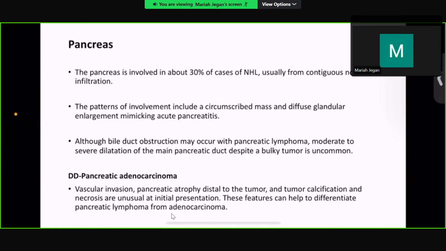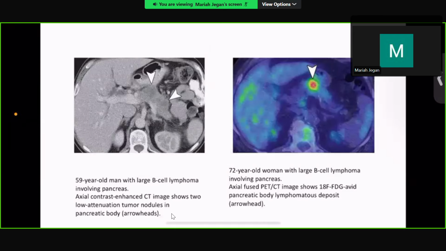Pancreas. The pancreas is involved in about 30% of the cases of NHL. The patterns of involvement include circumscribed mass and diffuse glandular enlargement, mimicking acute pancreatitis. Although bile duct obstruction may occur with pancreatic lymphoma, moderate to severe dilatation of the main pancreatic duct, despite bulky tumor, is uncommon. A differential is pancreatic adenocarcinoma. Here on CECT, we see low attenuation tumor nodules within the pancreatic body, and on PET-CT, we see avid FDG